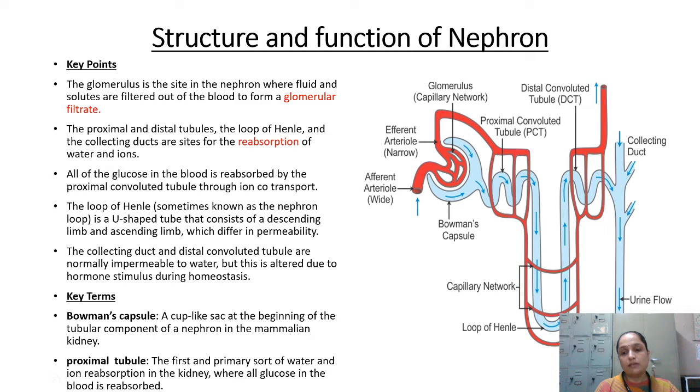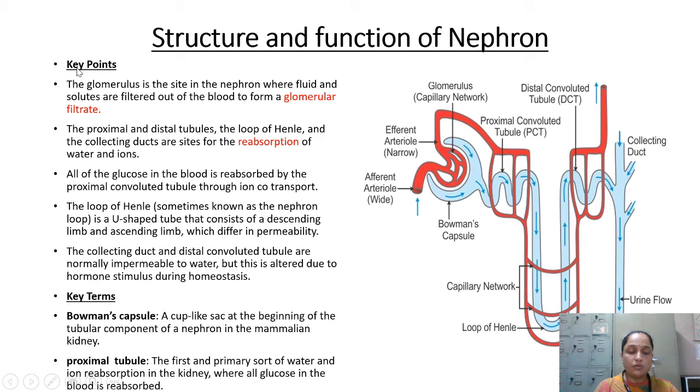When you see the longitudinal section of the kidney, you will be able to see this structure, and this head part is in the outer part of the kidney, which is known as the cortex. Then this tube will descend into the medulla, and then again it will move upward and come to the cortex part of the kidney. You can get the diagram in your reference book, that is S-Chand also, and this one is the detailed version of that diagram.